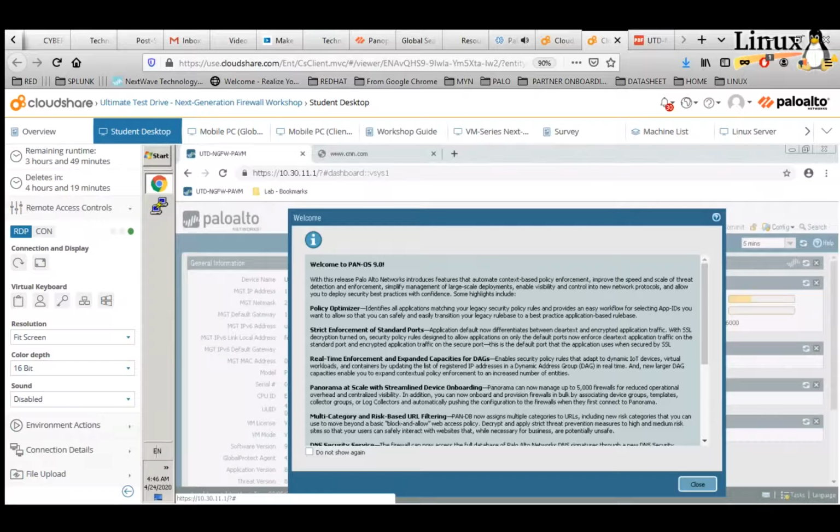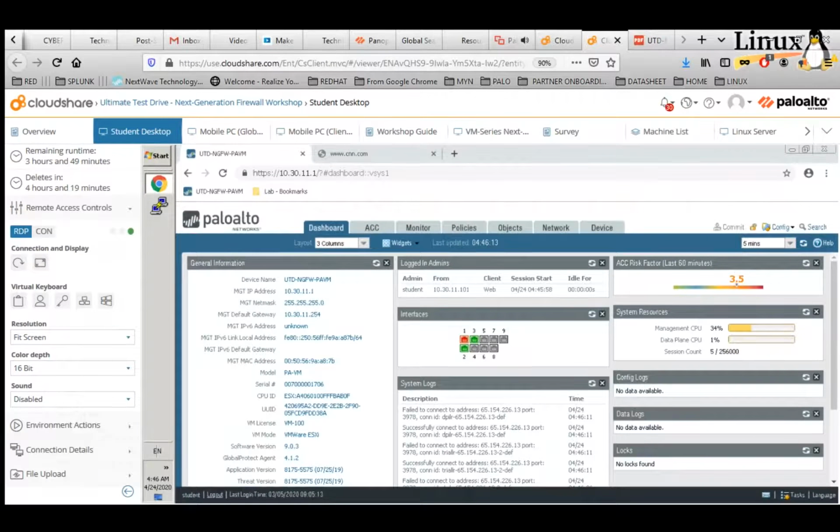From the dashboard level, it gives you the overview. It has different widgets, which you can also add yours here depending on your preference. It shows that from the interfaces, interface 1 is down, which is the public facing interface that we need to bring up. General information shows which kind of software we're using and which mode. This is PA-VM, and it's an ESXi hypervisor that we're using for this matter, and the version is 9. We'll use these two interfaces to do some 2-3 demonstrations. Then I'll let you continue.